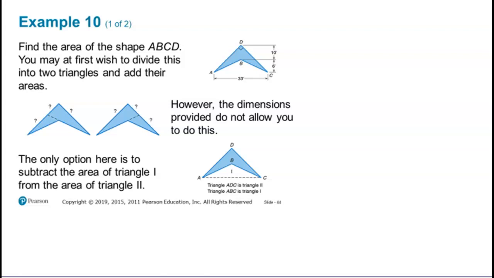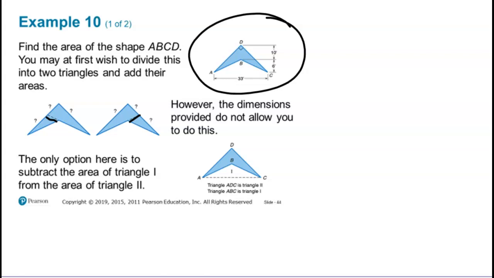So if you look at this problem over here, you can see that they give you the distance from D to B is 10 feet, and the distance from B to C is 6 feet, and then across the bottom is 33 feet. Now, that doesn't do you any good when you're trying to figure out what these distances are here, because you don't have a right angle to be able to go off of for these distances to get the remainder of that,